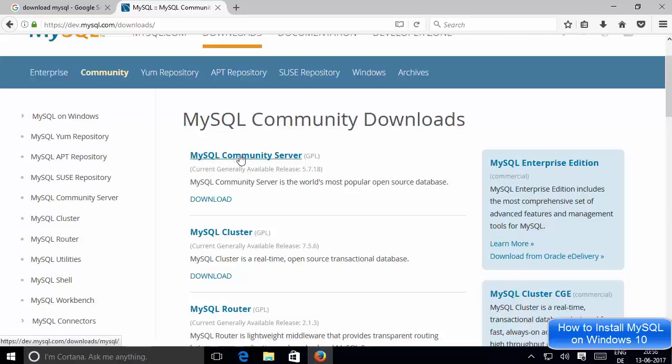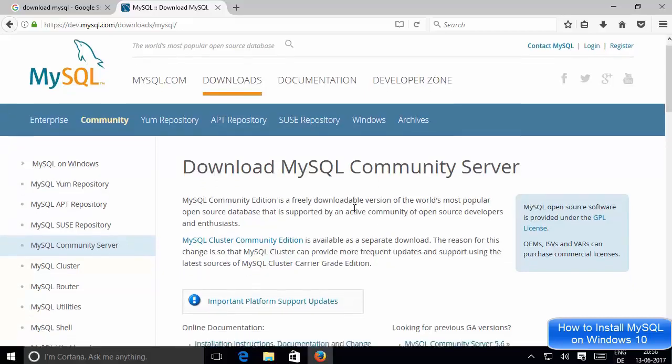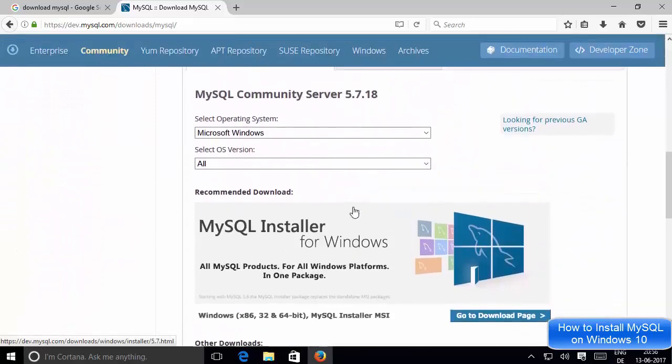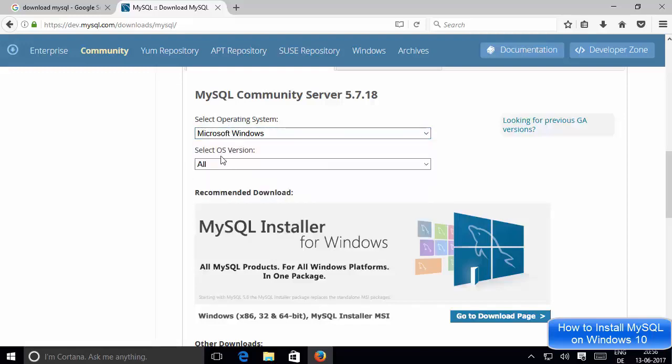So just click this link which says MySQL Community Server, and then it's going to open this page whose heading is Download MySQL Community Server. When you scroll a little bit down, you will first see Microsoft Windows. This is the operating system automatically selected, otherwise you can select your operating system, and then it says select OS version.